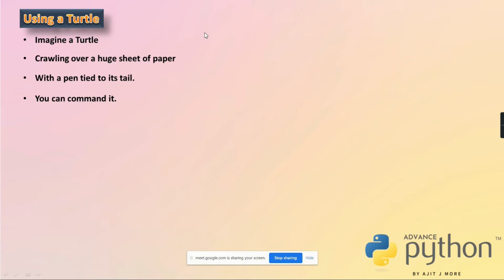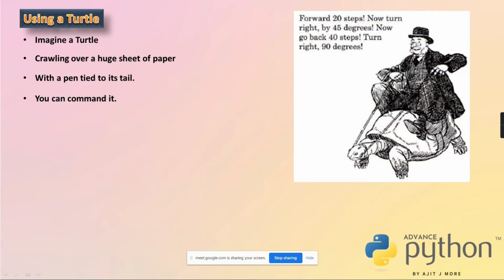A best example of such marks is when you go to a beach and walk on that beach. If you turn back and look, the marks of your footprints are produced. On that whole beach you are walking, and if you turn back and see, all the marks of your footprints are generated. In the same way, as this turtle is moving, the pen is producing marks on that sheet. Just imagine it in this way.